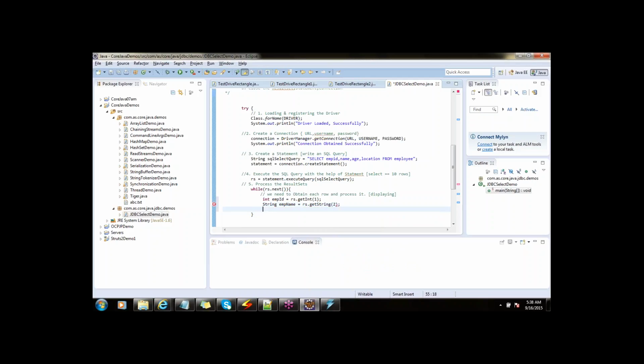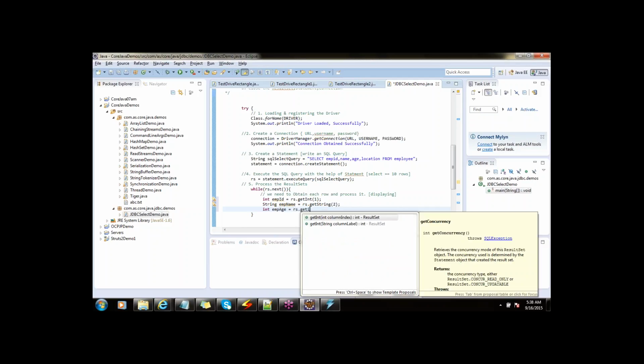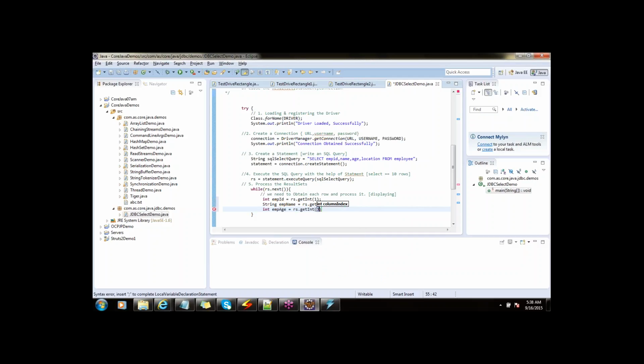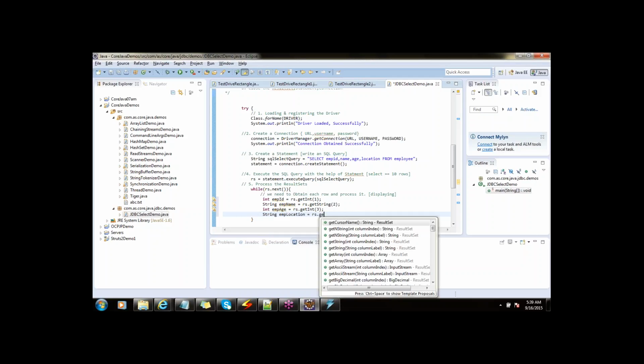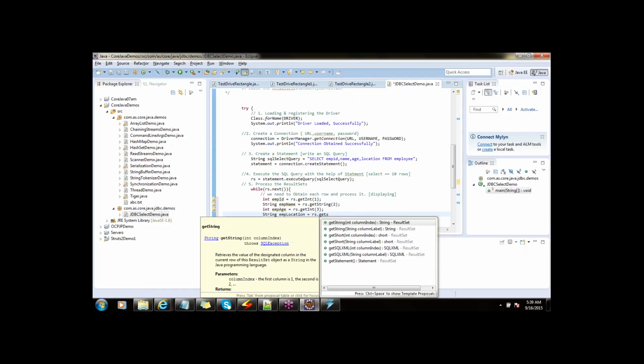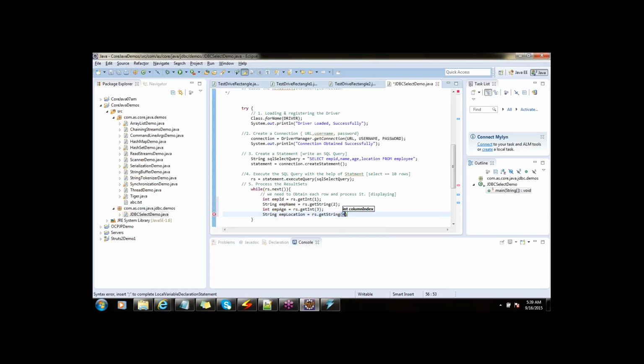And the third column is age, which is int, right? So result set get int 3. Then the last one is location, which is again string. Location. Get string and 4. Right. I got it. Now I am displaying the